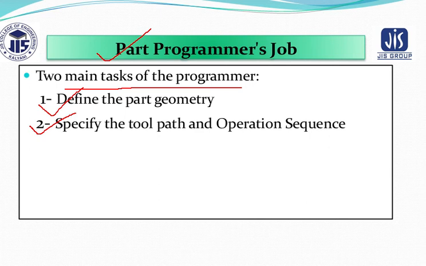Fifthly, sometimes some machines also provide the facility to give the optimum path which should be followed to take less time. Sixthly, a graphical plot of the path is sometimes shown also. Seventhly, no need to learn a machine dependent part programming language. And eighthly, programming languages have English like statements. So when you are using English like statements, it is very user friendly.